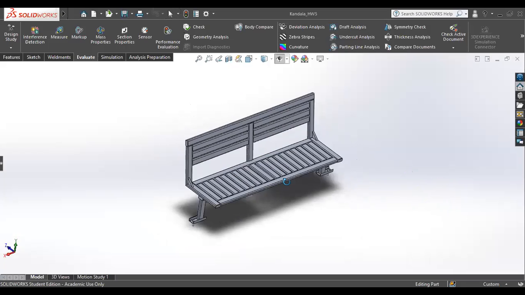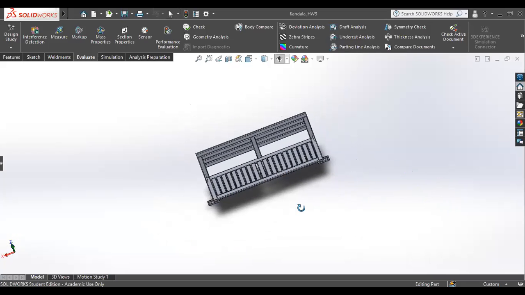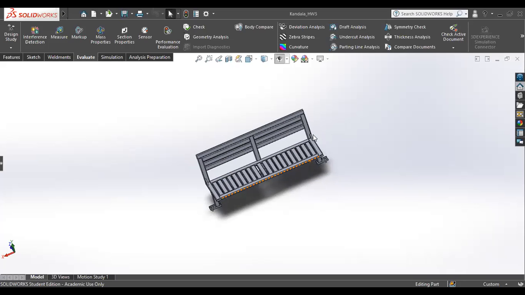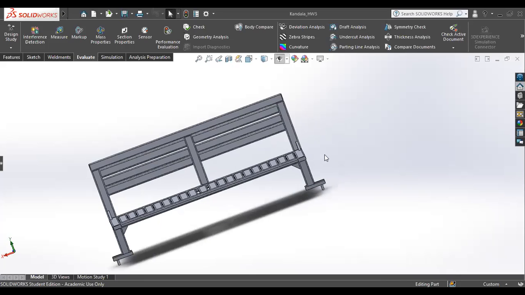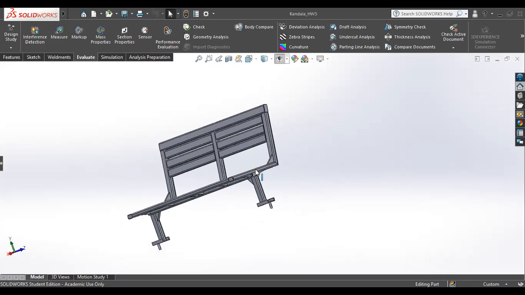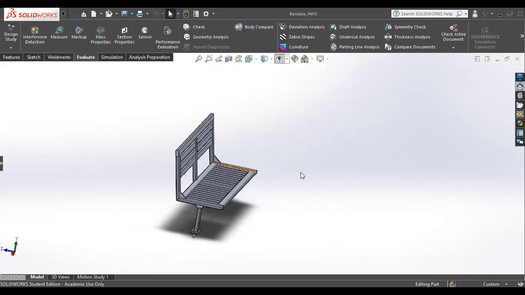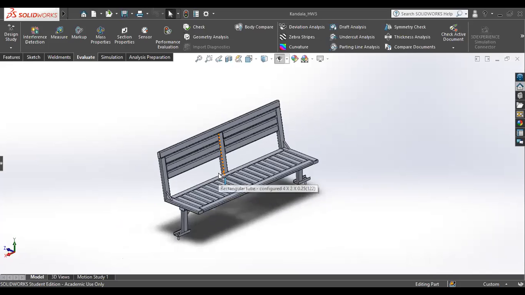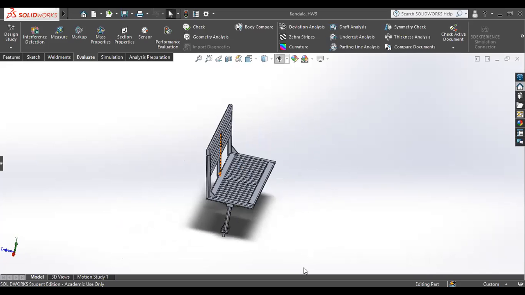So the first requirement was that it should be able to seat 3 people. And now this bench has a length of 100 inches and a depth or a width of around 27 inches. And it starts off at a height of around 18 inches. Now these dimensions I got from basically considering the 95th percentile US male figures,